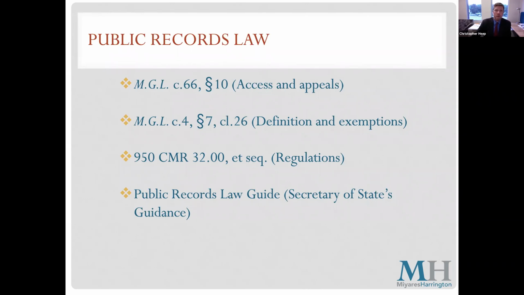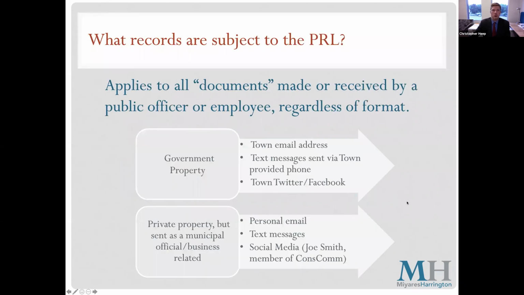So next, I want to turn to the definition of public record and the question of what is a public record for purposes of the public records law. And public record is defined incredibly broadly. In the statute, it's defined to mean all books, papers, maps, photographs, recorded tapes, financial statements, statistical tabulations, or other documentary materials or data, regardless of physical form or characteristics, made or received by any officer or employee of the town. So that's an incredibly broad definition.